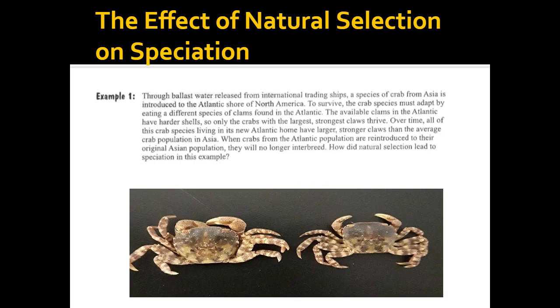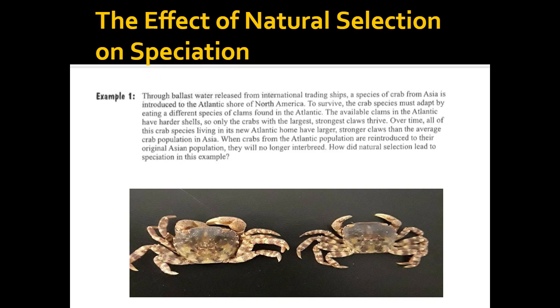So here's an example. It says, through ballast water released from the international trading ships, a species of crab from Asia is introduced to the Atlantic shore of North America. To survive, the crab species must adapt by eating a different species of clams found in the Atlantic. The available clams in the Atlantic have harder shells, so only the crabs with the largest, strongest claws thrive. Over time, all of this crab species living in its new Atlantic home have larger, stronger claws than the average